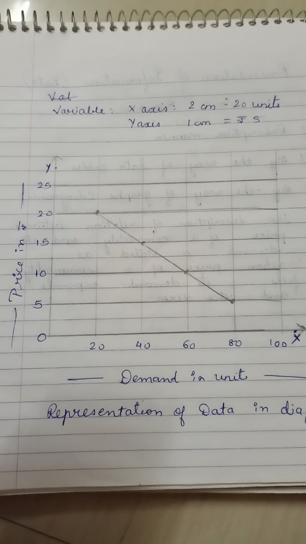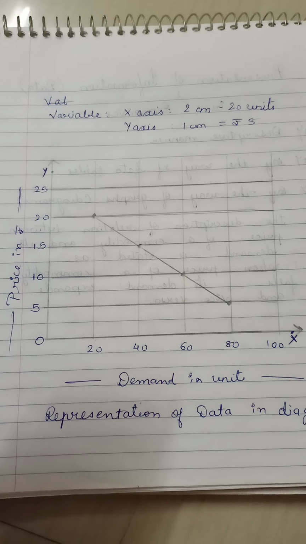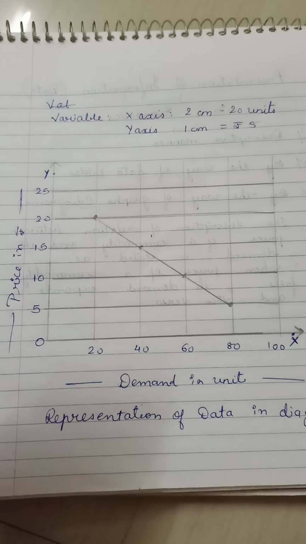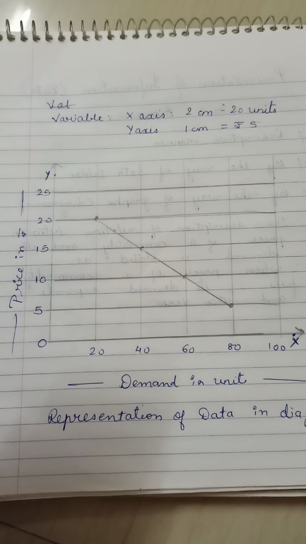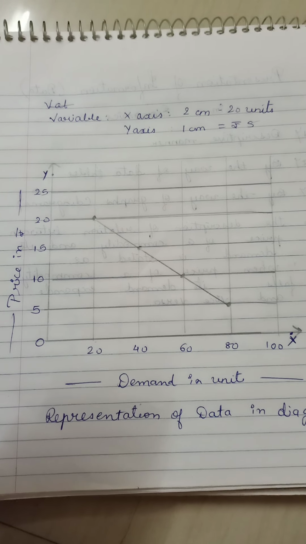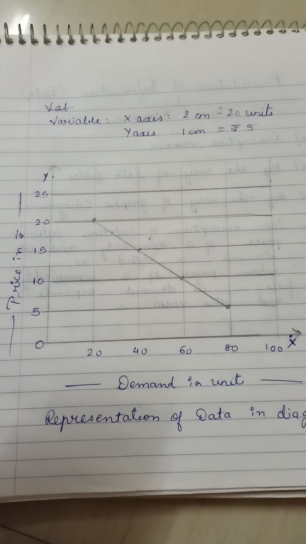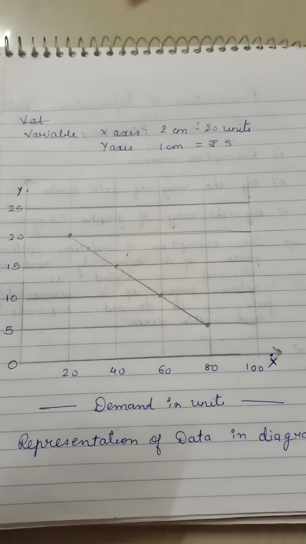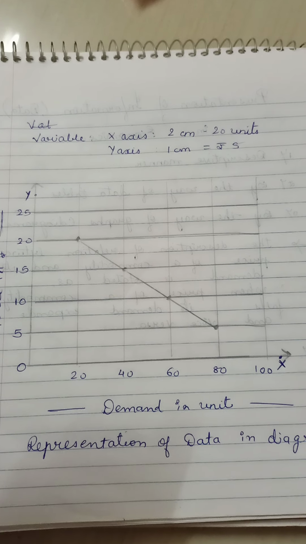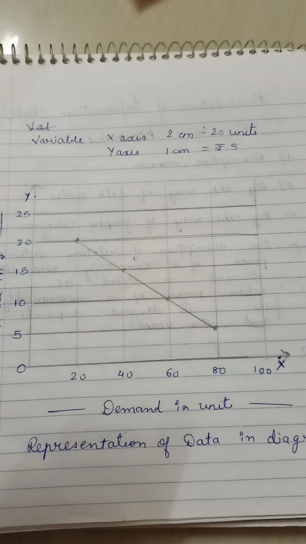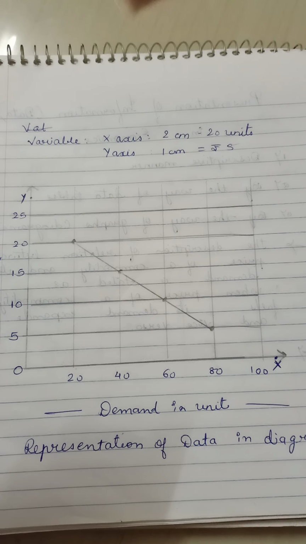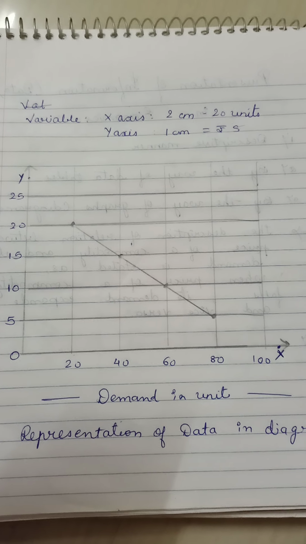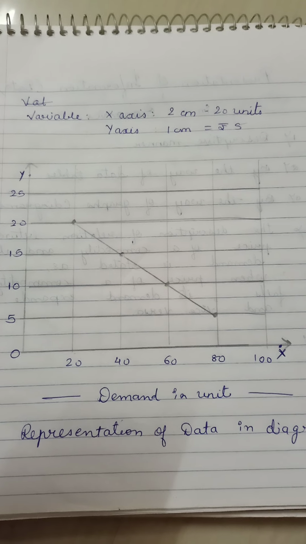Here also, when the price is 20, demand is 20. When the price is 15, the demand increases to 40. When the price is 10, the demand rises to 60. And when it is 5, the price lowers and the demand expands to 80. So students, here also the same thing is presented as we did in the descriptive manner, by way of the table, and by way of graphs and diagrams. By all these three, you can find out and represent the data in economics.